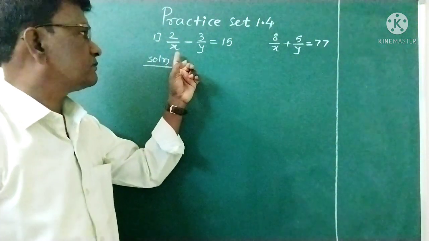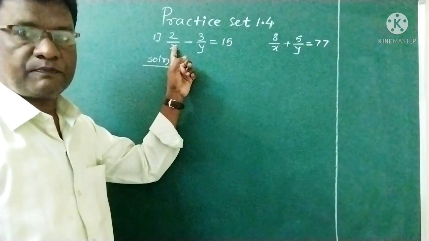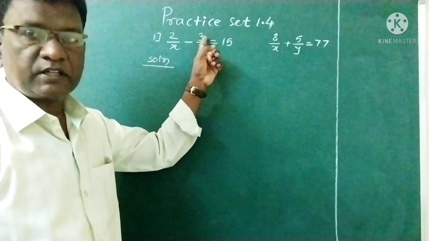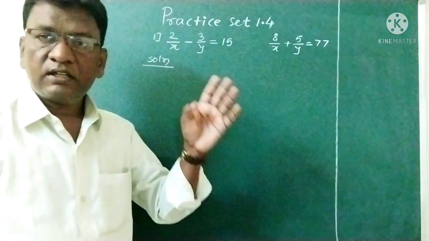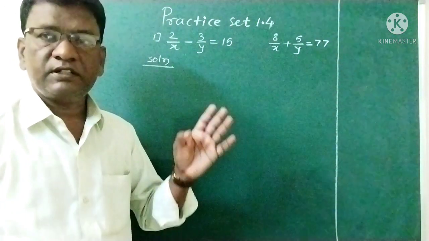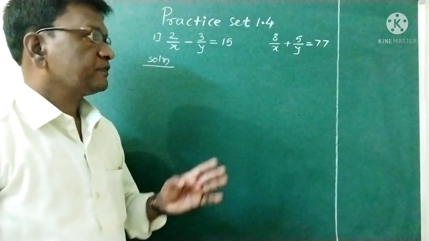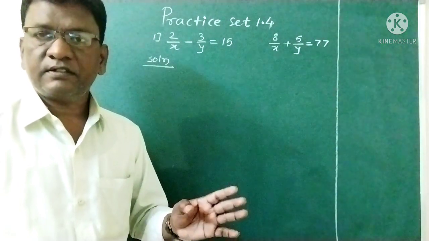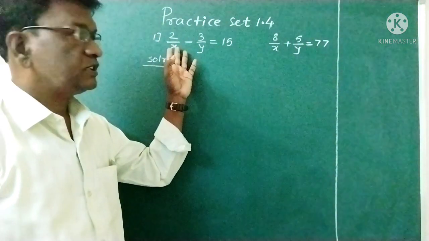Here the degree of the variable x, observe this in the equation, degree of x means power of x, is minus 1 here. Degree of y is also minus 1. Here the degree of the variables is minus 1, hence it is not a linear equation. Variable ची डिग्री मायनस 1 असल्यामुळे इट इज नॉट ए लिनियर इक्वेशन. आपली कंडिशन आहे की डिग्री काय असली पाहिजे? 1 असली पाहिजे, तरच ते लिनियर इक्वेशन होतं. If the degree of each term containing a variable is 1, then we say that it is a linear equation. So here the degree is minus 1, so it is not a linear equation.